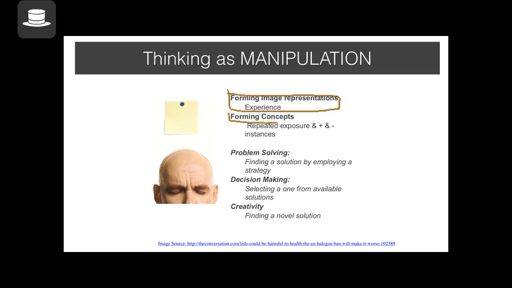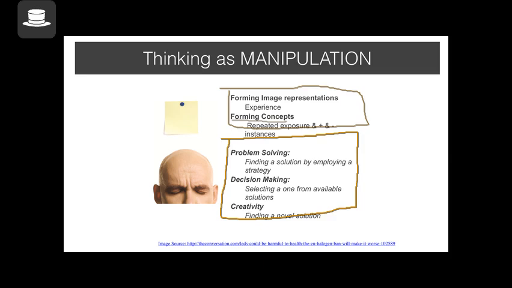Forming concepts, as we discussed in the last video, is also a way of thinking, in the sense that we form concepts with repeated exposure to the objects. For example, dog. Initially, kids develop this concept of any hairy thing looking would be a baba or a dog. Then later on, they learn. So through positive and negative instances of experience with these objects, you form concepts. So these are basic thinking processes,